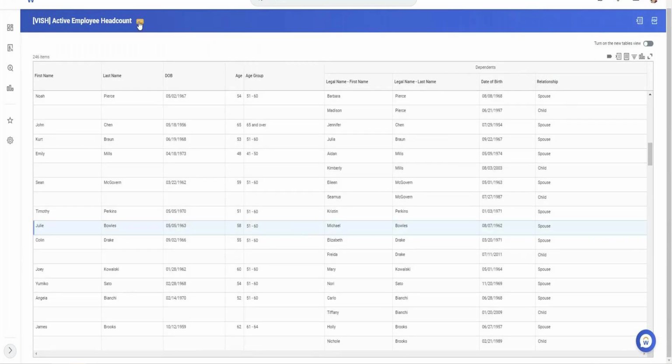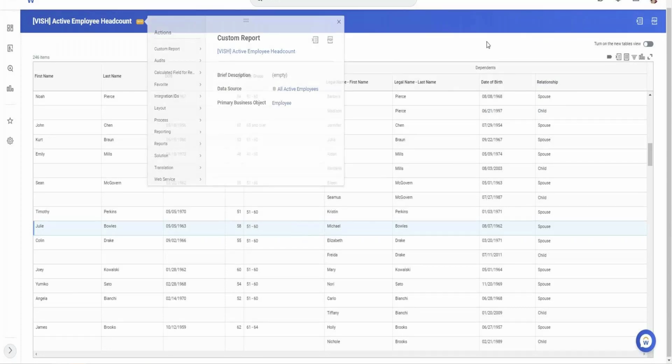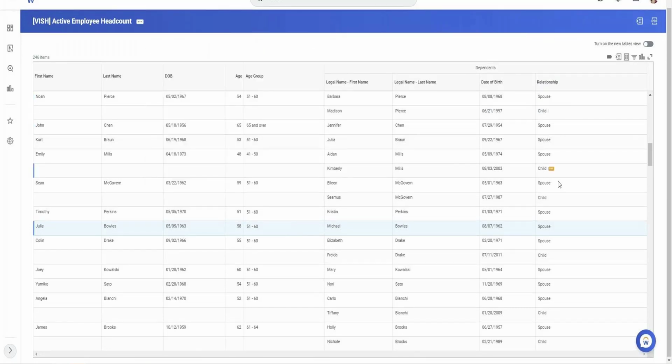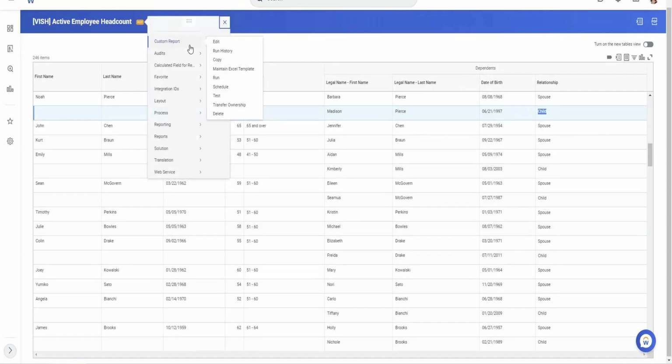a dependent. Then I go to the three dots again. I go to edit this report again. And now the information is we just need spouse here. We don't need kids, or we just need a child. As an example, our company wants to know how many people have a child. So I go to the three dots here and I go to edit here